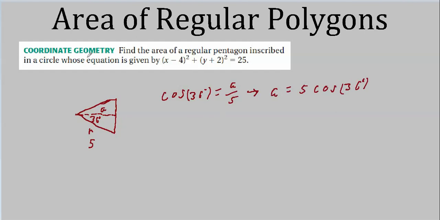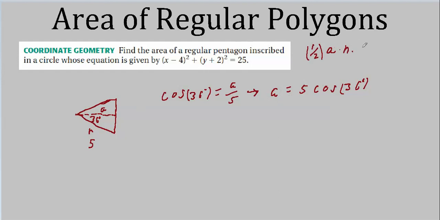They didn't ask us for the apothem, but that's something you need to find if you're going to have any hope of figuring out the area of this pentagon. Now that we have this, we'll come up with a number in just a minute. We're also going to need a side length. Remember, our formula is 1/2, and they didn't give us a perimeter, so we might as well just use side length. A, we figured that out. N, they gave us that, it's going to be 5.